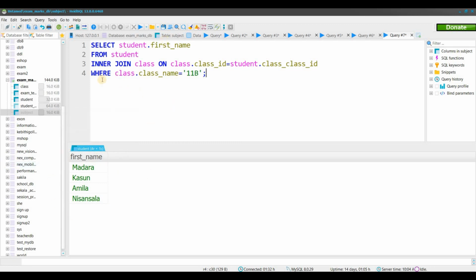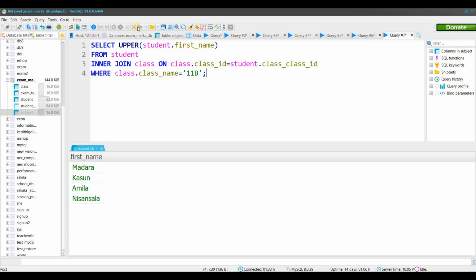here are the results by running this query. Here are the results, but they are not in capital letters. In the question we have to get the capital letters of the first name. For that there's a special function to get the capital letters of a particular column, that is UPPER. So let's see how it works. So you can see here's the function UPPER. By using this function on a selected column,